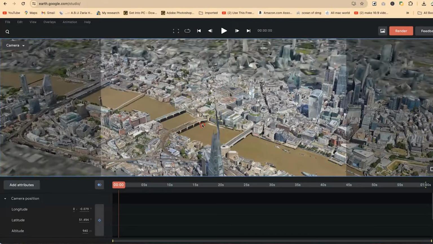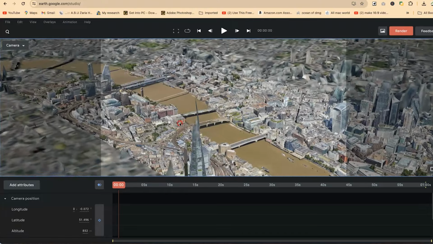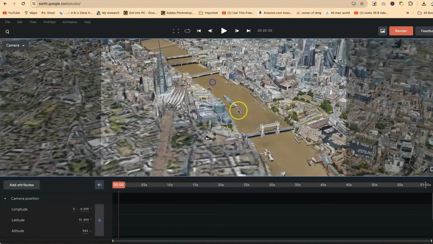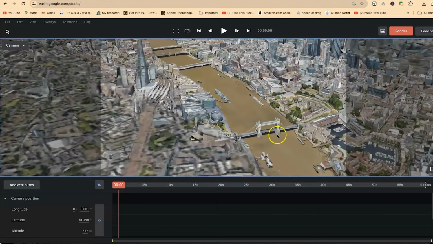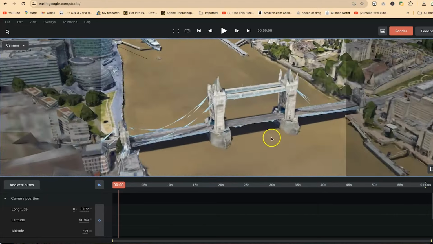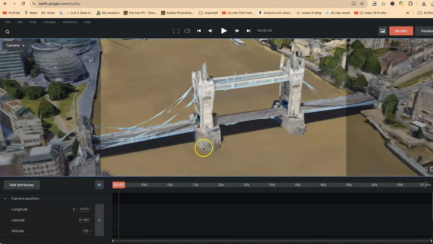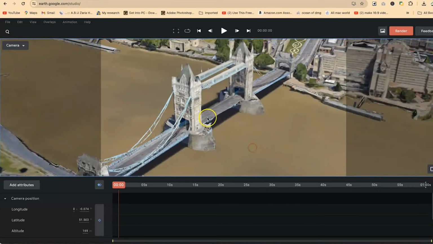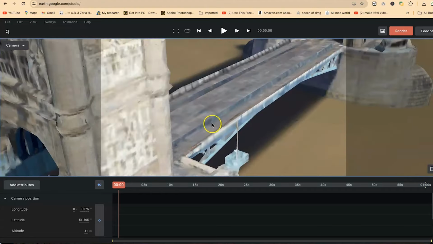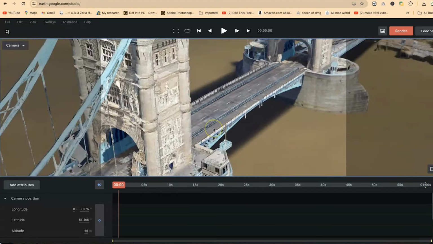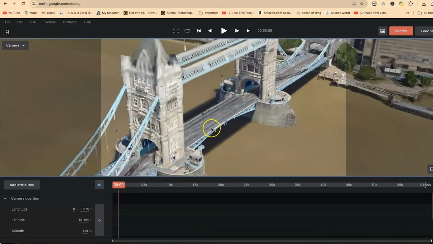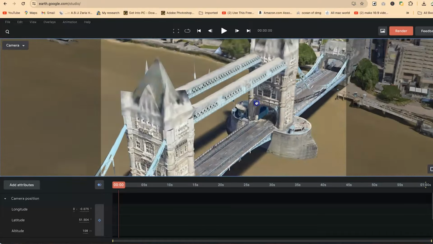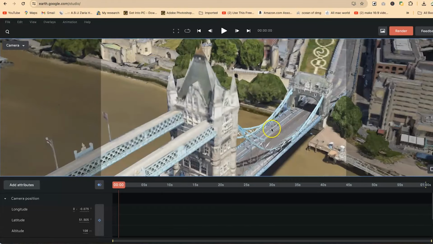And let's see, is this the London Bridge that I'm referring to? No, it's not this. It's this one. Yeah, this one. So specifically, you can zoom in and then you can be able to see the cable bridge. Okay, this one. You can see the clarity is becoming clearer and clearer. Let's give some seconds to actually become very much clearer. So you can see, you can zoom in, and as well you can pan around to see the details of